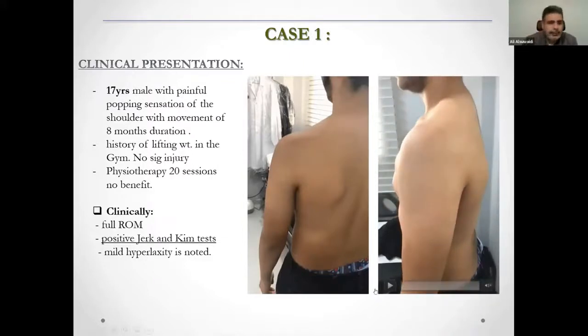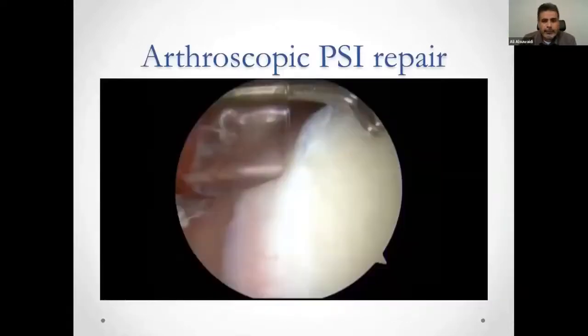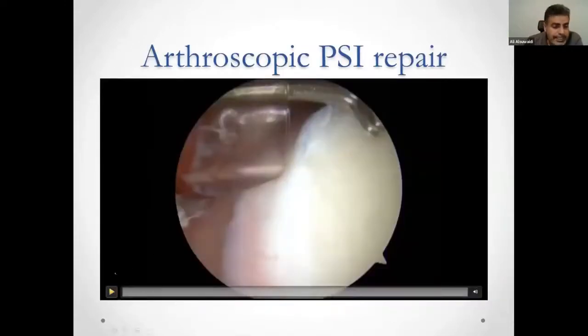So this guy had an MRI, and you can see the MRI. You can see this posterior labral tear and small labral cyst here. You can argue there is a blunting of the posterior glenoid, but I don't see a definite large bone loss there, but there is some blunting, and you can see it on the sagittal T2 view. So following failure of his conservative management,